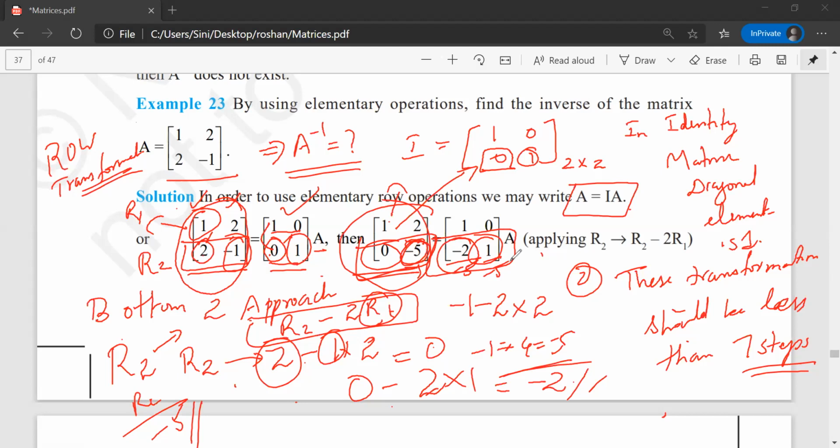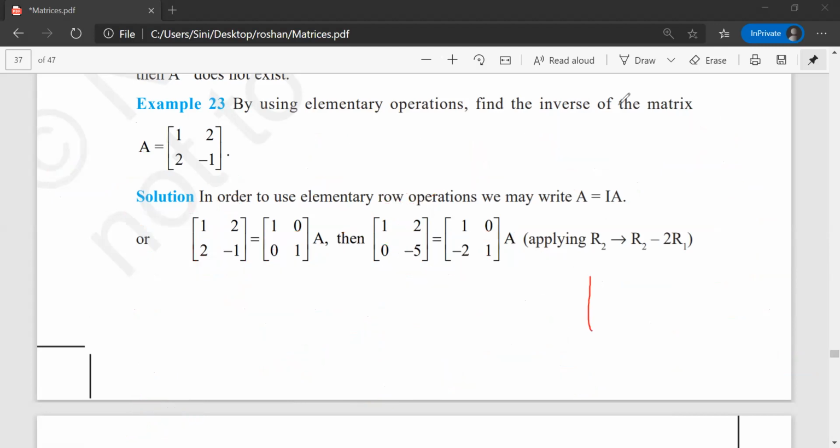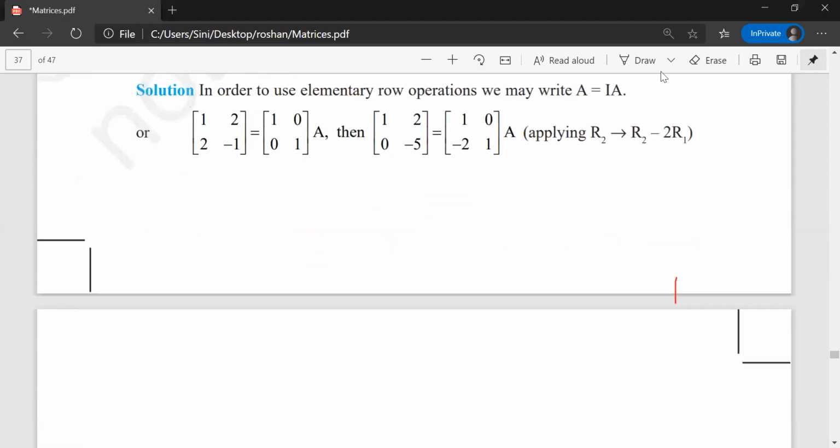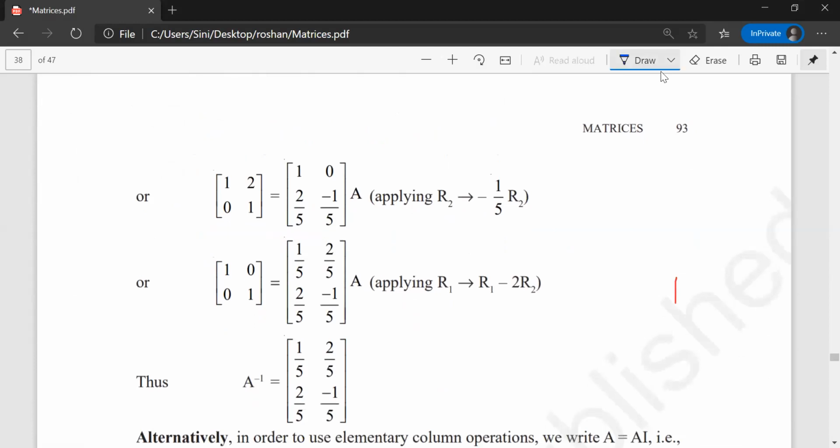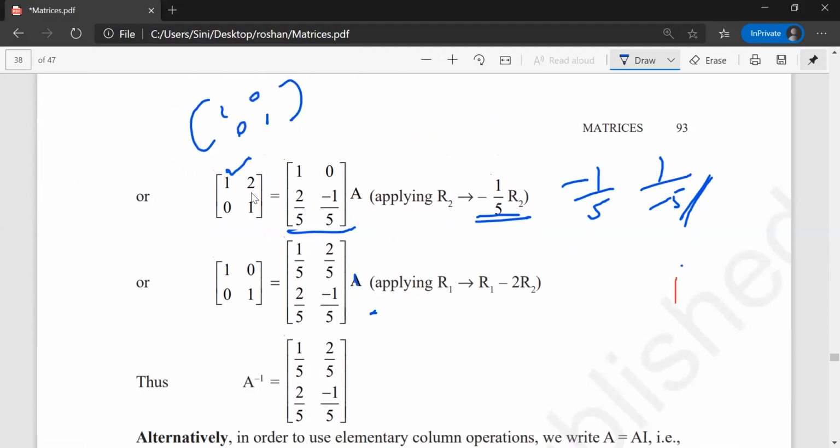That's how it is. Very easy step. The only thing is you have to understand these things. After understanding, it is very, very easy. The same step which I told, they did here: divide by -1 by 5. I told 1 by -5, that's the only difference. So we got 1 here. The identity matrix is 1 0 0 1, so this is matching, this is matching. Only thing, this should also match. How do I make this also match?